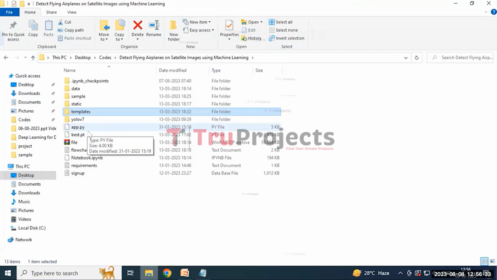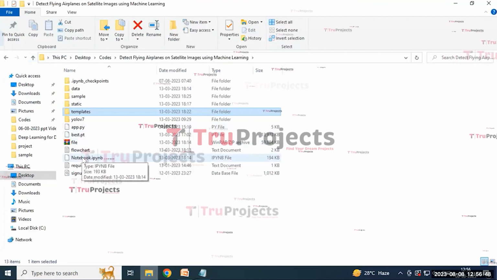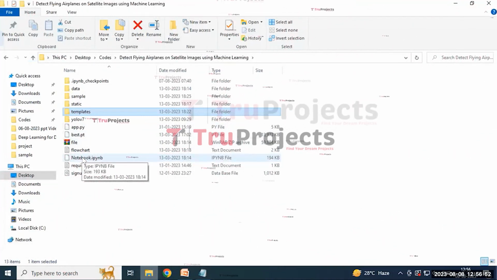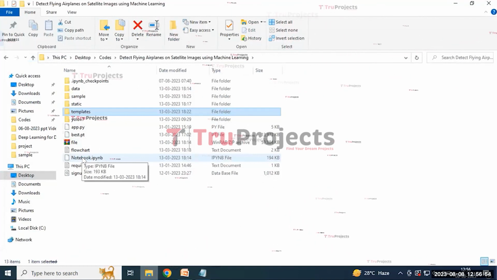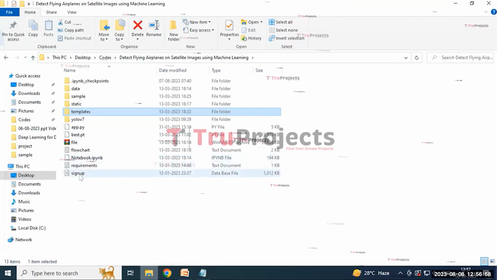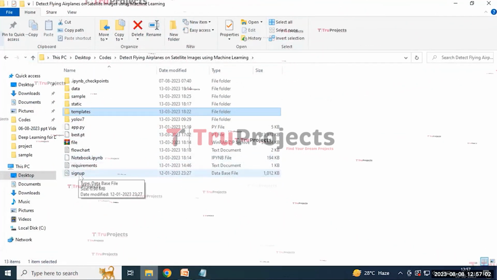It includes the code written in Python that handles the server-side operations, such as processing the user requests, interacting with the database, and generating the dynamic content to be rendered in the HTML template. And the notebook is an IPYNB file which contains the combination of code, graphs and output all in one place. It allows the user to write and execute the code in individual cells, making it a popular choice for data science. And the signup.db file appears to be the database file used to store the user